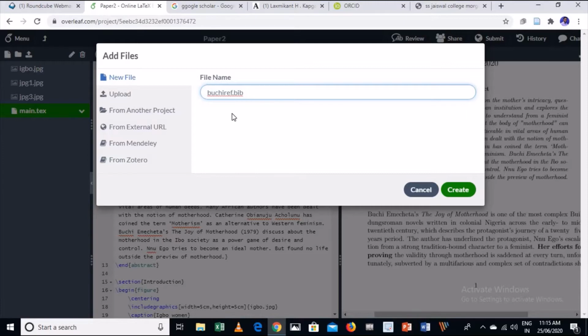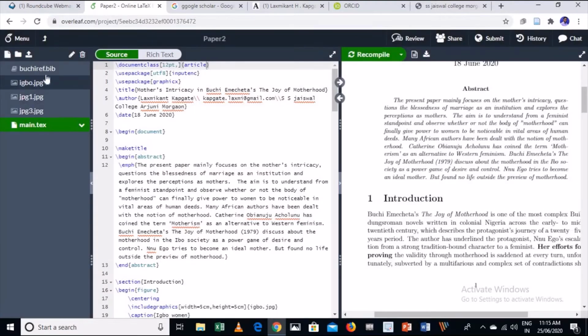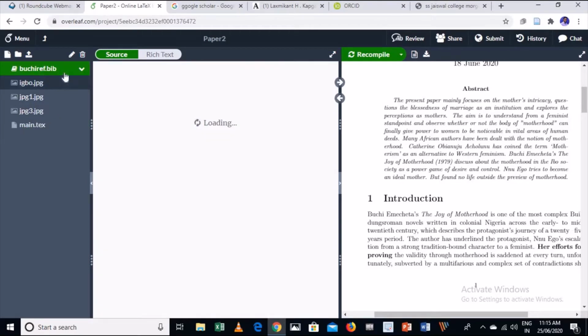Whenever you create a file to add as a bibliography in your research paper, you need to give the extension .bib. So we will create it like this. Now my file is ready. The main text is here and the reference file is here.